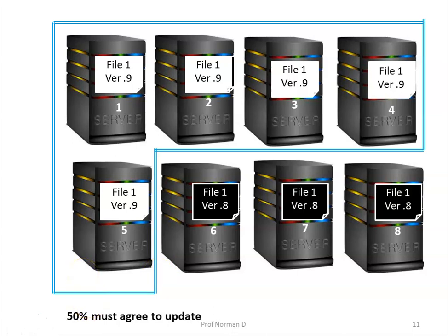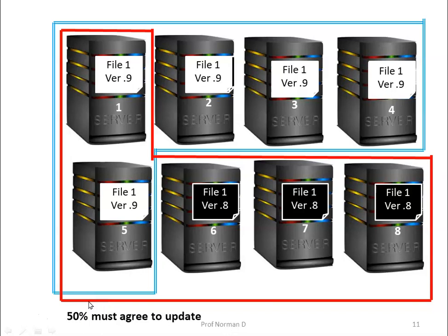a client must also contact at least half the servers. So if we consider half of the servers over here, it will be 4. So if we consider 5, 6, 7 and 8, just the way we did for write, we will be considering it for read also. So half plus 1 servers will be considered over here also. So in this case I am considering servers 1, 5, 6, 7 and 8.